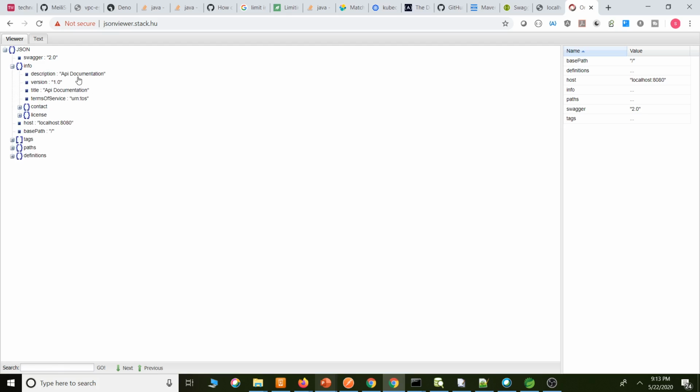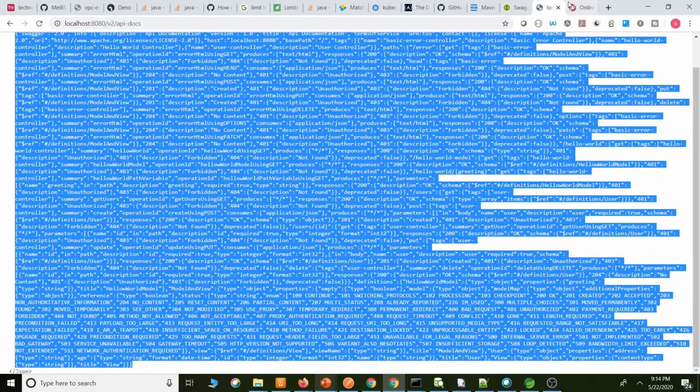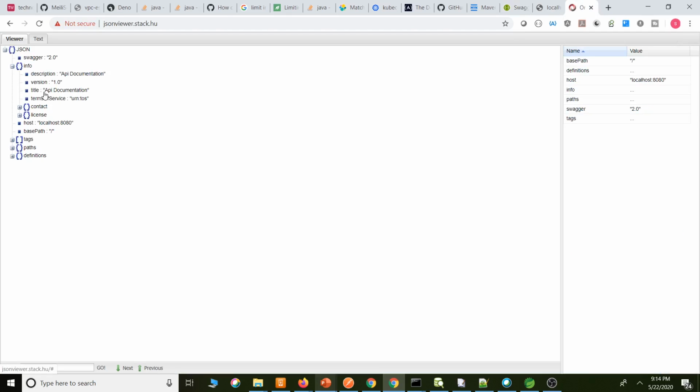If you see here, API documentation is the description, and the base URL takes the host and everything from here. It creates the terms, title and contact, for which we have not specified anything, license Apache 2.0 and the license URL, host is localhost, base path is there.